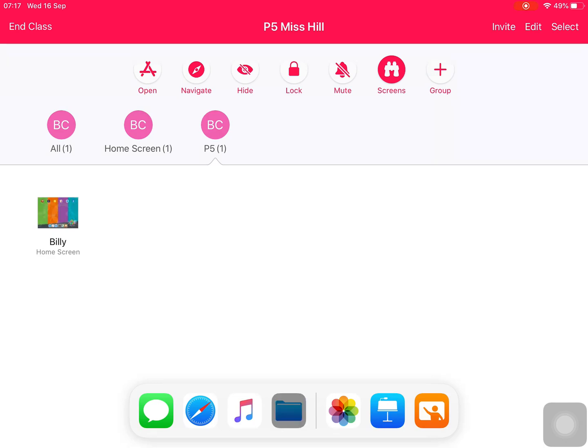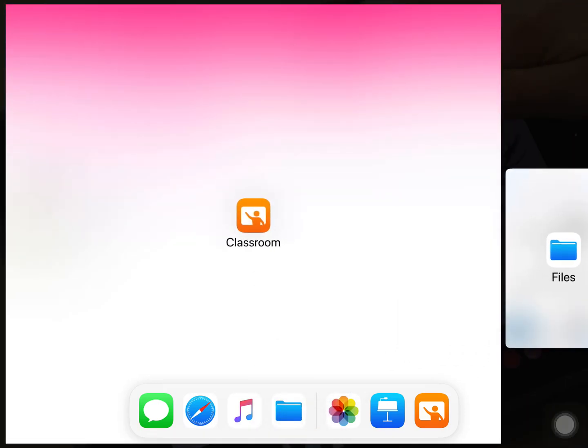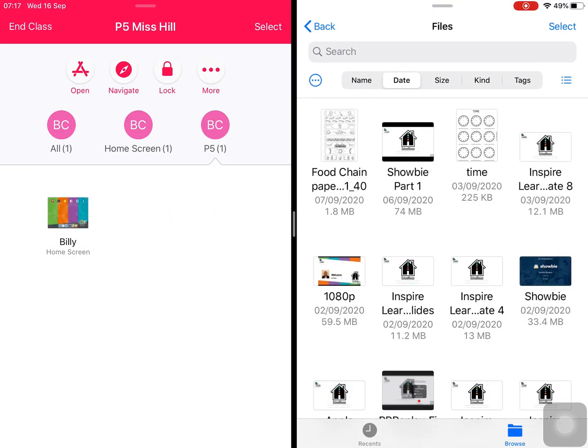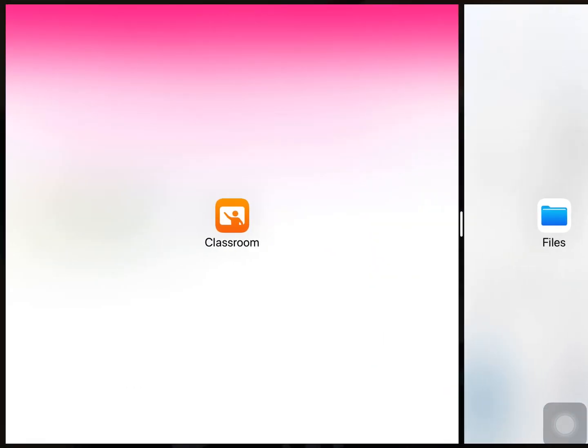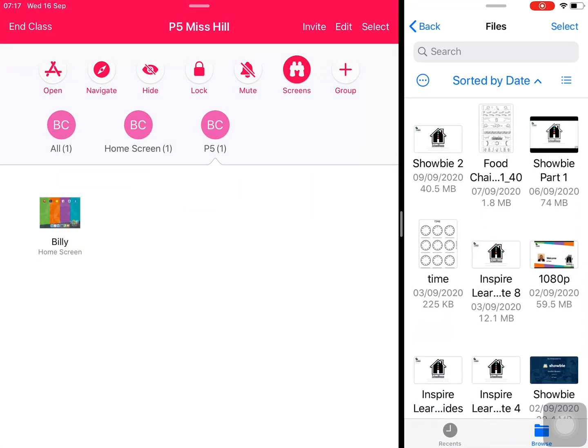So you just very firmly press on the Files app and you drop it. And you can make this go smaller or larger. Okay. All right, so I want to transfer to my whole class a worksheet that I've put together, and it's called Time. So on the right hand side, I choose the document and I very firmly press on it and I drag it over to my class and make sure the little green cross is on it,